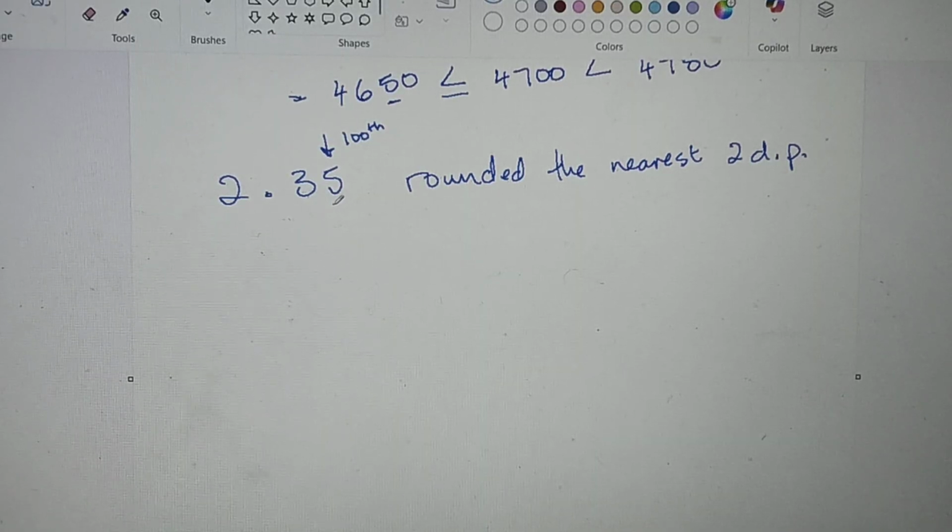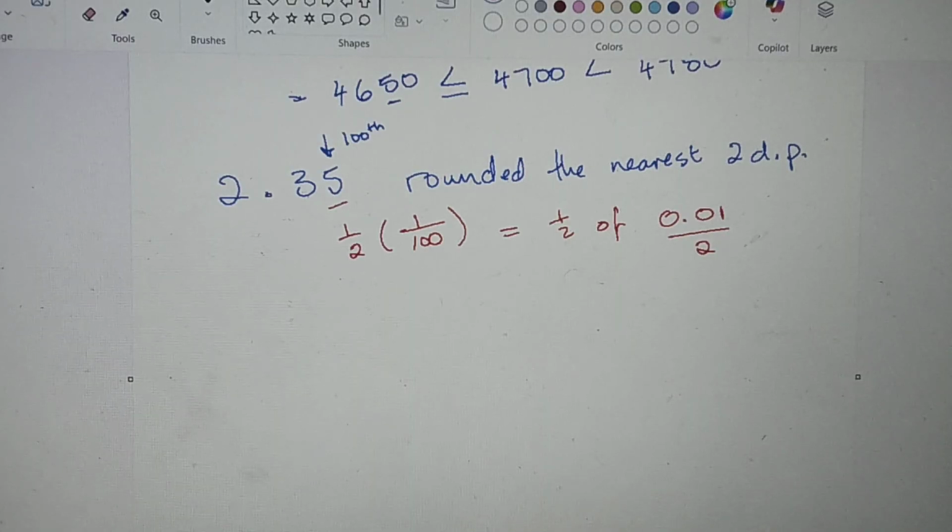So I'm going to take my hundredth position and say a half of a hundredth. That's the same as saying a half of 0.01. I'm going to use decimals rather than a fraction, because it just makes it easier when you're actually working this out. Well, if I halve that, or divide 2 into that, I'm going to get